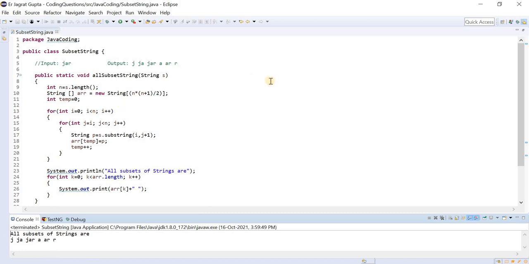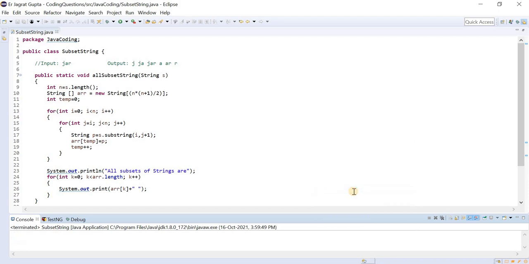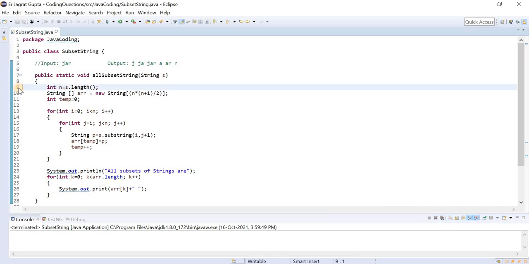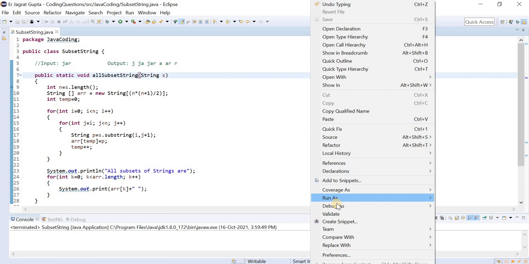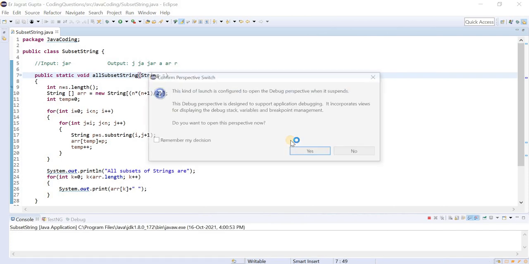Now the important thing that I need to show you is the debug part, so that you can easily see how this for loop is working. Let me put a breakpoint here and run this. This time I'm not running, I am just debugging.